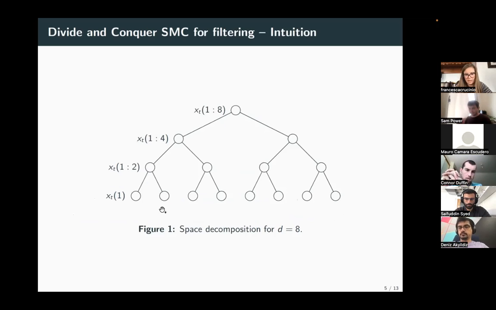Of course, if we think of a tree in which every node only has one child, then we get back standard SMC. In here, you can imagine that the problematic bit is when the merging occurs, because that's the difference with standard SMC. In standard SMC, we have no merging of different distributions. We just evolve the same particle population over time. In divide and conquer, when we get to this node, for instance, we have a particle population coming from 1, a particle population coming from 2, and we have to put them together somehow.